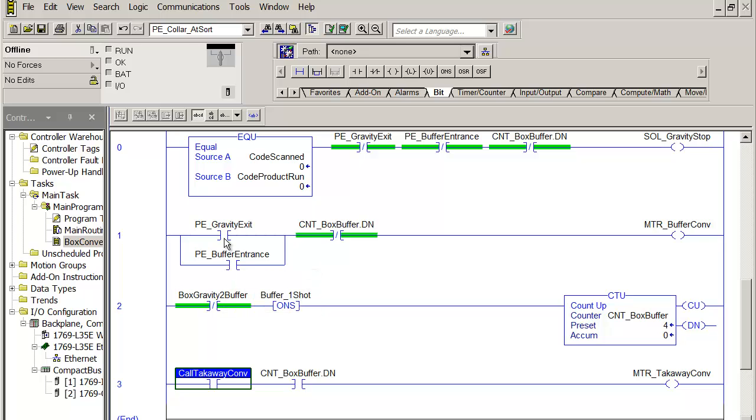So when this becomes unblocked, this being blocked keeps that motor running until it clears this photo eye, then the motor will shut off. Now there's another piece of logic that actually executes this bit so we can count up 1. And then of course if the takeaway conveyor is calling and we have 4 on the box buffer counter, then we'll turn on the motor to take them away. It's that simple, really. So now we want to create another